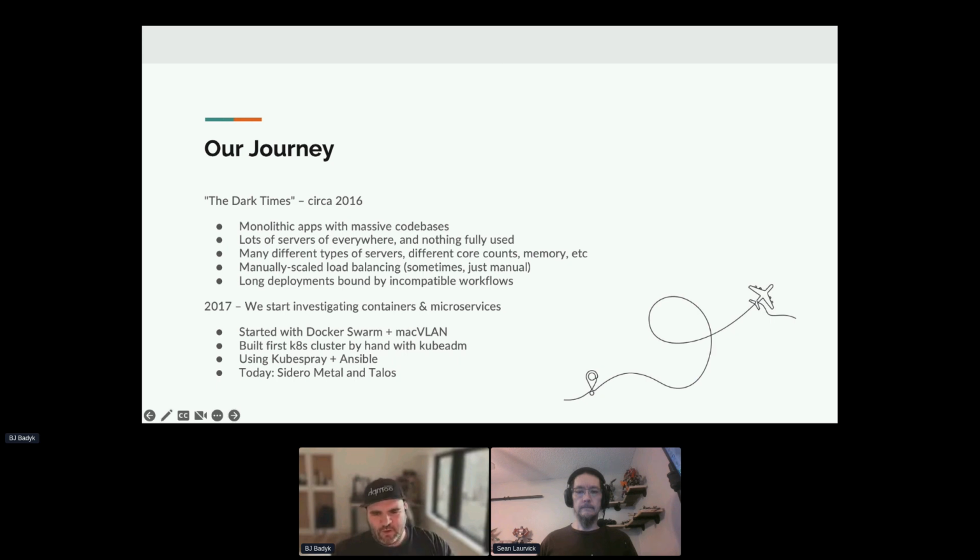We didn't really get too far with that. It had some limitations. Pods were obviously a lot nicer, with the ability to do sidecars and a whole lot of other things. So we decided to move into a hand-built cluster using kubeadm, where we basically generated all the certs by hand. We generated all the certs for etcd, all the certs for kubelet, and so forth, and pieced together, just following the instructions, our first cluster with kubeadm. And I can't remember how many nodes we scaled that to, but we did actually end up putting that cluster into production.